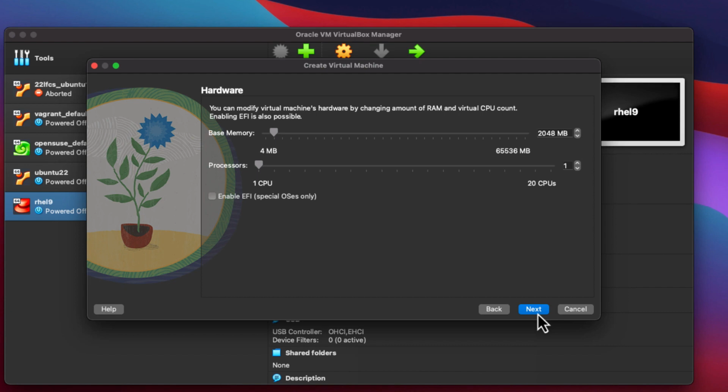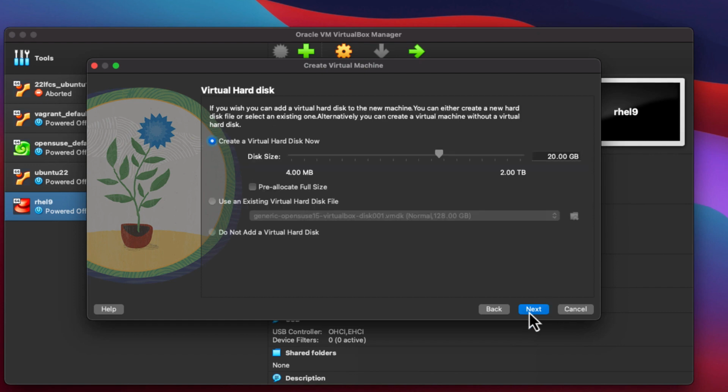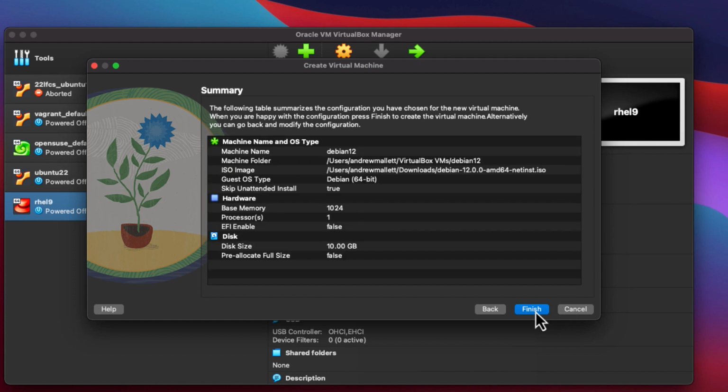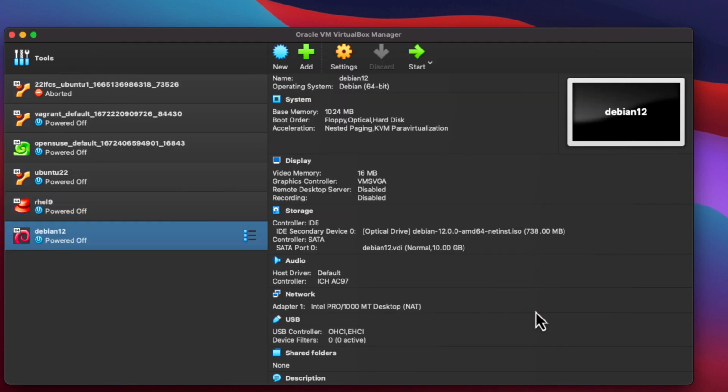we can set the amount of memory that we need. We won't be running a graphical environment, so a gig of RAM will be more than enough. And when we look at the disk space, it's assigning 20 gig, but the reality is I probably won't need that amount of space, and I'm going to set it to 10 gig, but obviously set the right amount for your template that you're going to need. Here, 10 gig is going to be more than enough for most of the virtual machines that I will be creating.